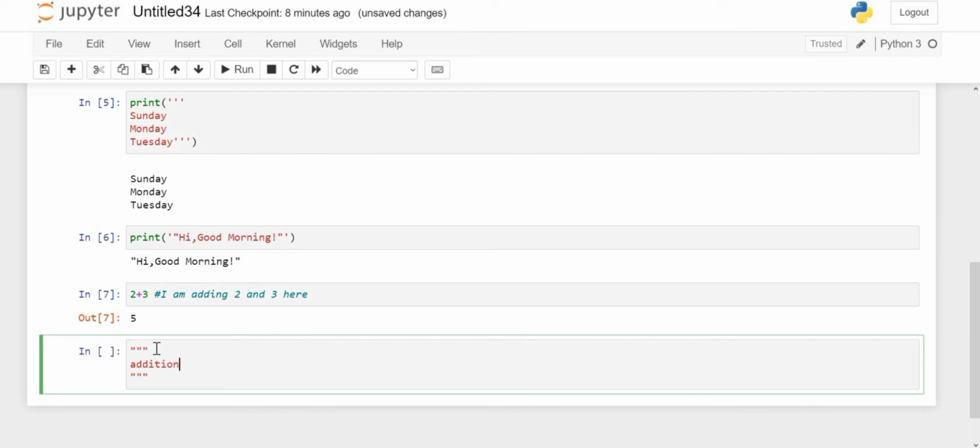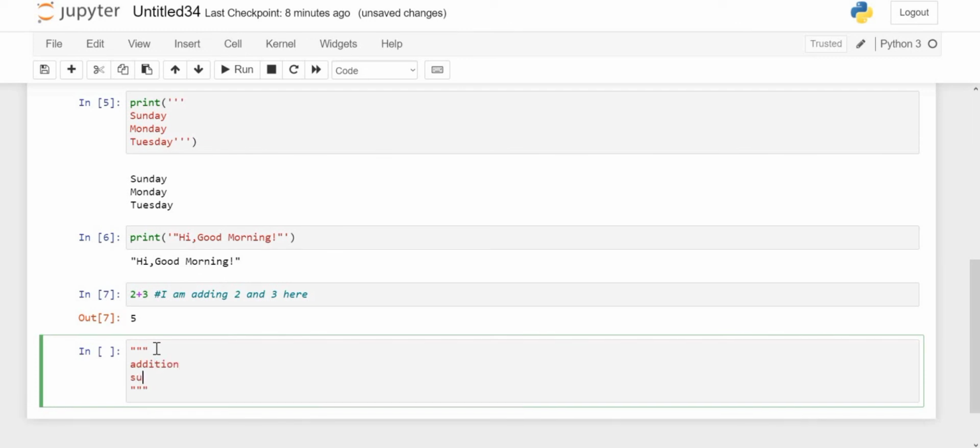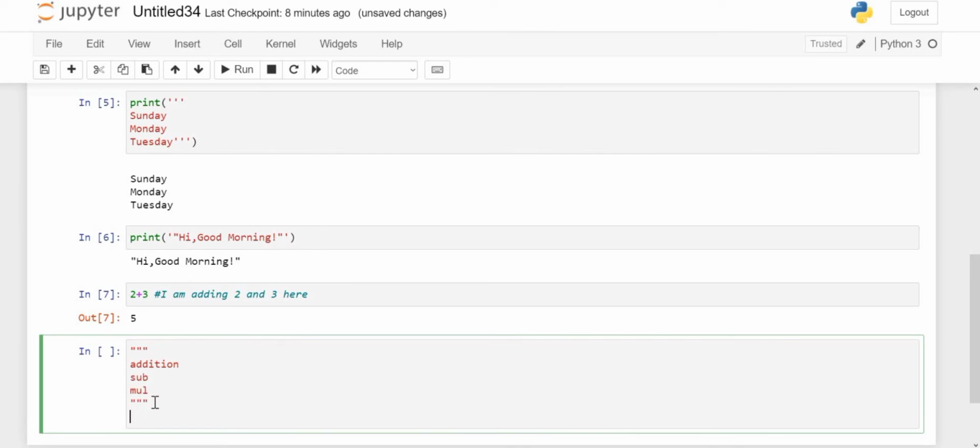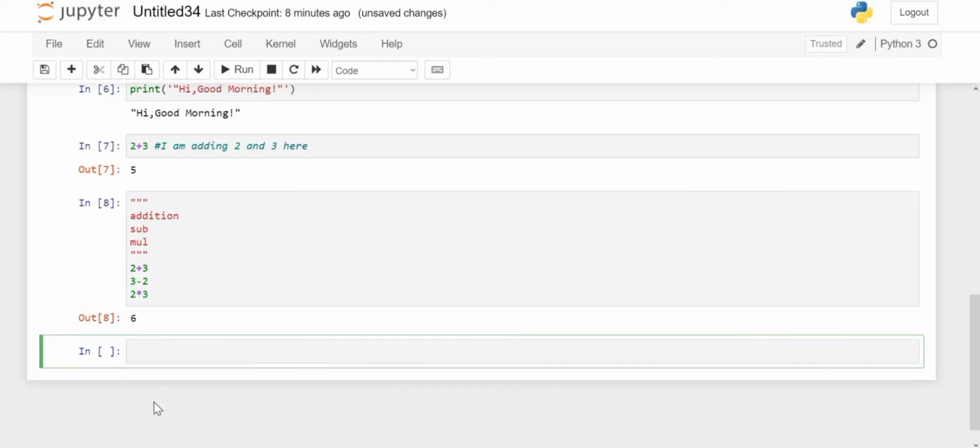I want to perform addition, subtraction, multiplication. I want addition 2 plus 3, 3 minus 2, and multiply 2 into 3. If I run this one,